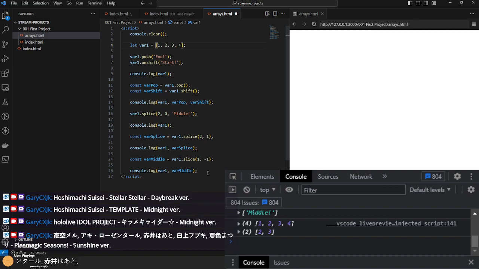So if you don't know how splice works or how slice works, you can always just hover over it and see what it does. Sometimes, if it's your own code, you can control click it. Use any tool you can use, but, and this is also important,